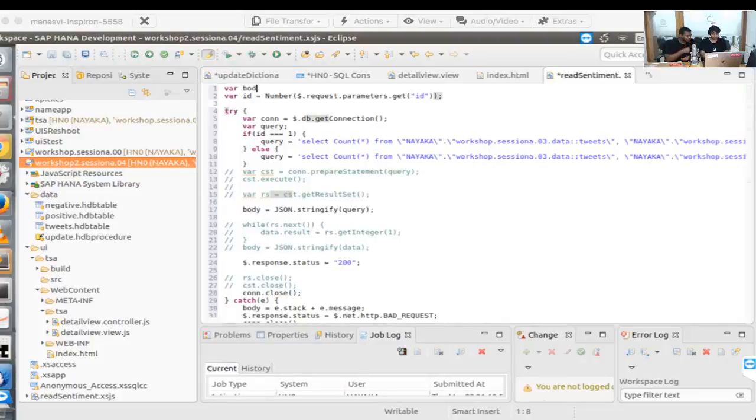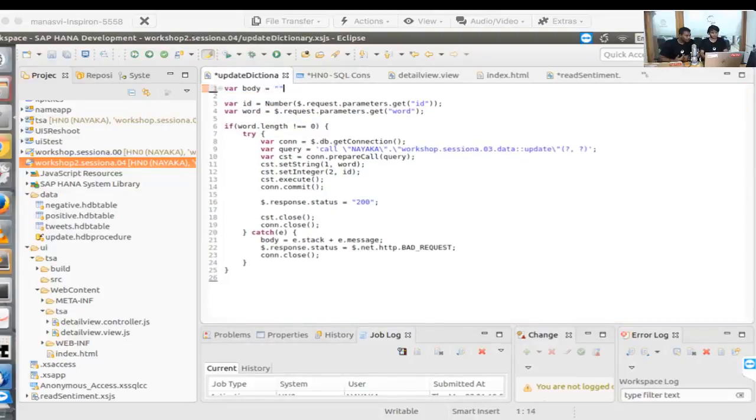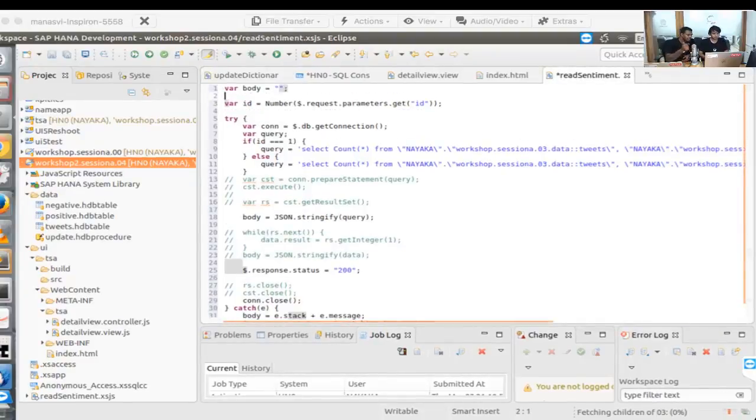We'll have body equals nothing. And we'll remove the data from here. We don't need it here. And then here I think, yeah. So if we see